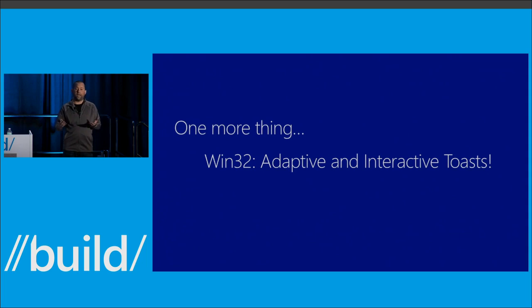can do essentially COM activation to bring their app up whenever an interactive notification comes through. Now, I don't have time to show you the sample today. It is a little bit complex, but it works really well, and we're going to have a sample up on MSDN so that people can use it. And I love it too. It's freaking awesome. We actually used it in the keynote demo earlier.